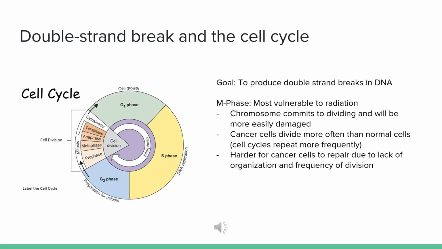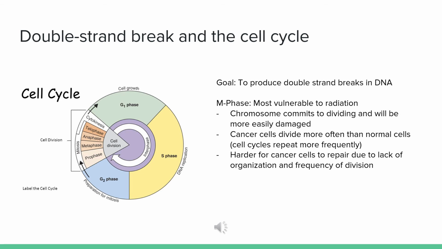The goal of radiotherapy is to produce a double-strand break in the DNA, which is when both strands of polynucleotides are broken in the same spot. This produces lethal damage to the cells, where they can undergo mitotic catastrophe or apoptosis, which are two types of cell death. It will be harder for the cancer cells to overcome this damage due to their lack of organization